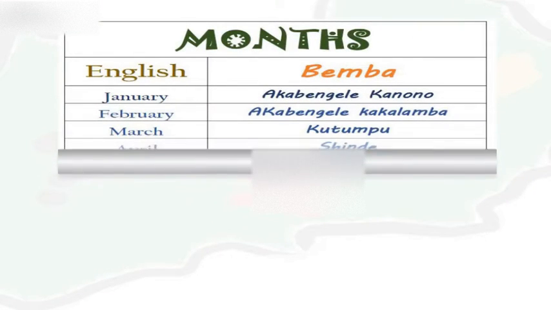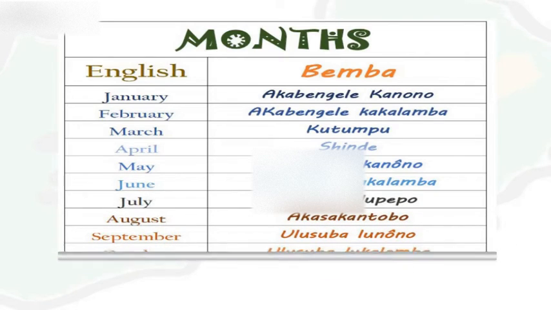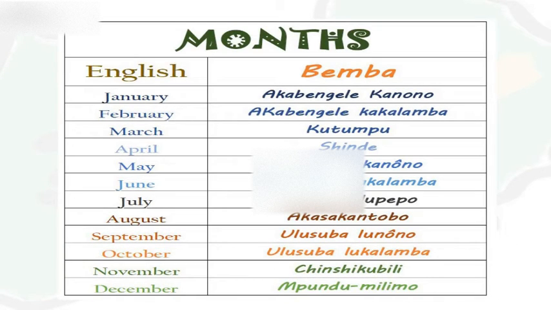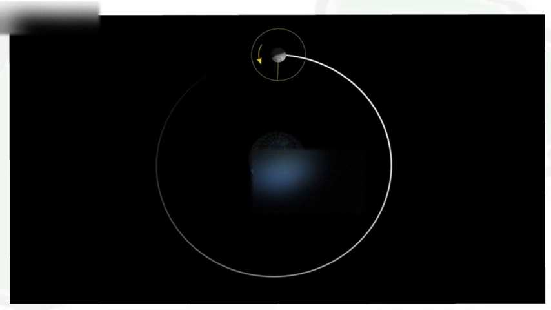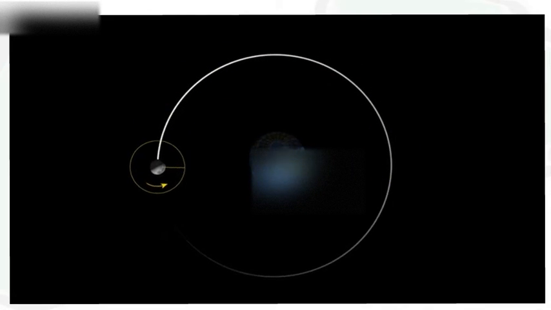In this video, we'll look at how to say the names of the 12 months in Bemba and see how these names give us insight into the Zambian weather and seasons. But firstly, have you ever wondered why a month is called a month? Here's one fact. The word month itself is related to the moon. It originally measured how long it took the moon to complete a cycle around the earth. That's why in almost all the Zambian languages, a month is basically called a moon.